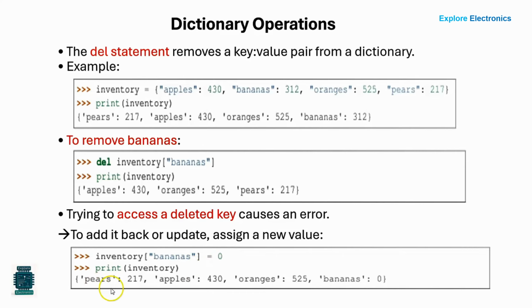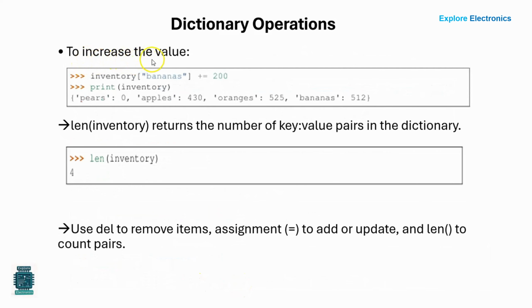Print inventory, it will print as it is: pears 217, apples 430, oranges 525, bananas 0. It is an unordered collection of data, so you can observe that oranges, bananas and the others may change position. Got it? And if I want to increase the value of a particular key, I take inventory bananas